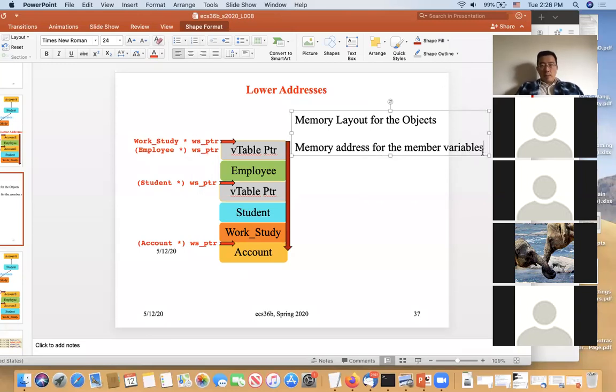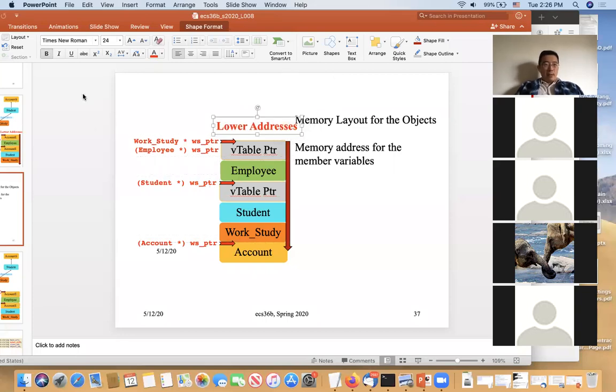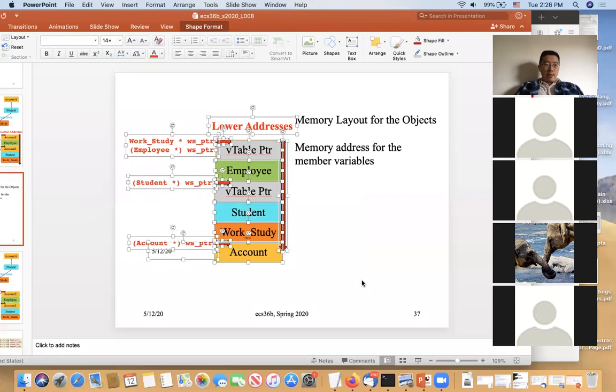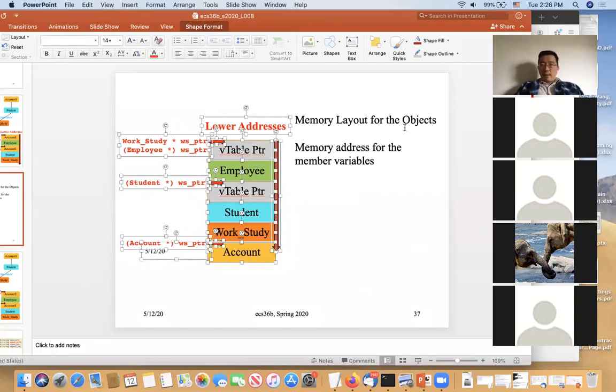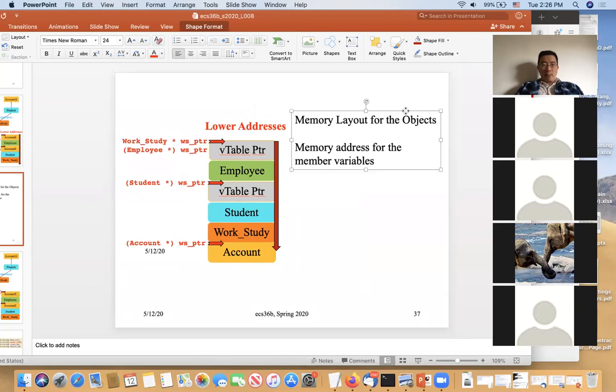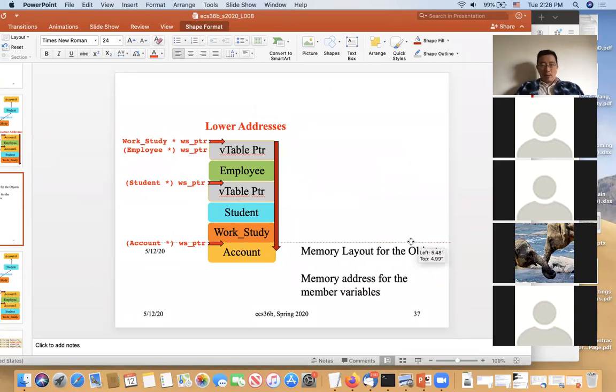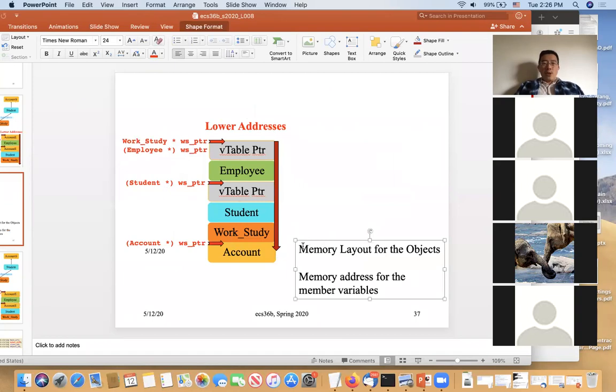Let me make it a little bit smaller. Okay, so I think we agree, right? These are two things we need to figure out. Now let me make it a little bit nicer over here. I think next time I teach the same course, I'm going to use this diagram to explain this a little bit better. So we have two things, memory layout for the object and memory address for the member variable. Let me first try to draw a box about where it is for the memory layout